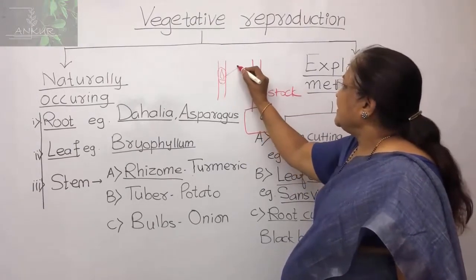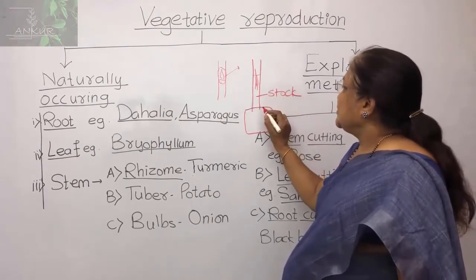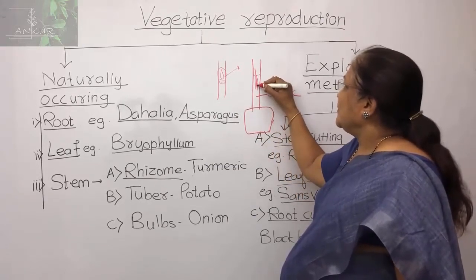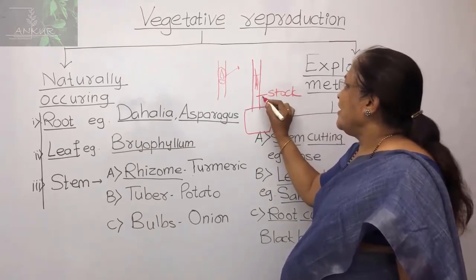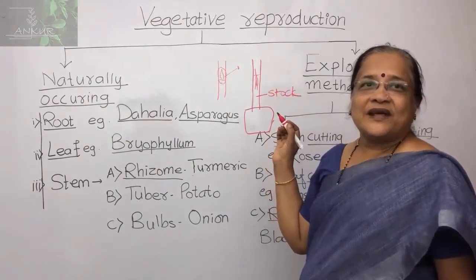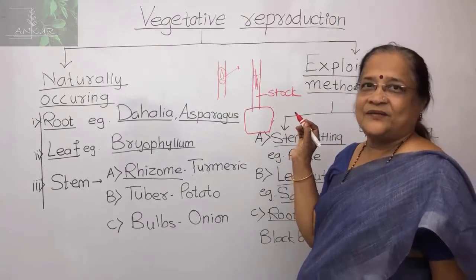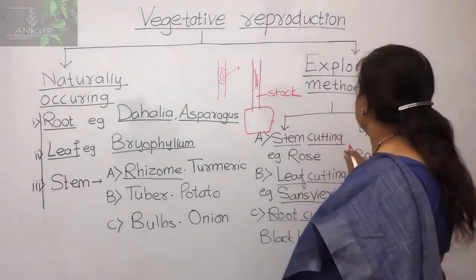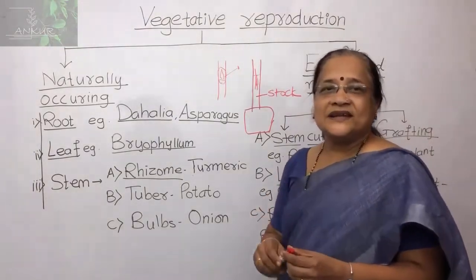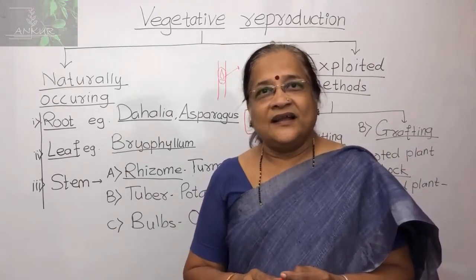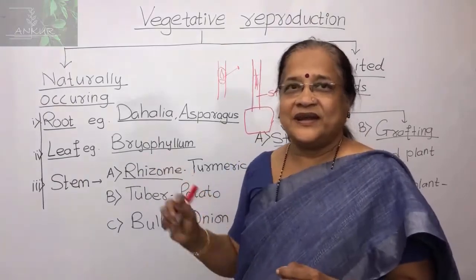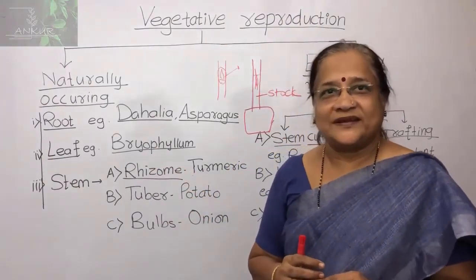the desirable variety, that one we call the scion. The tissues of these two plants are mixed here, and later on we get the growth of this plant, where the stock supports and gives vigor to the scion plant, and from that you get a good or better variety of the plant. So these are some methods from which we get different types of vegetatively propagated plants which are useful for us, in ornamental plants and in other plants also.